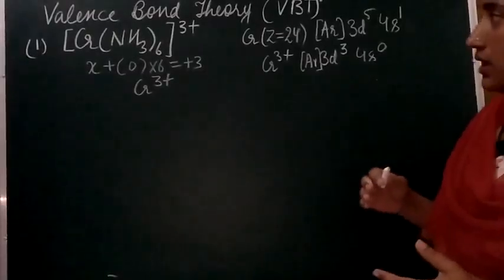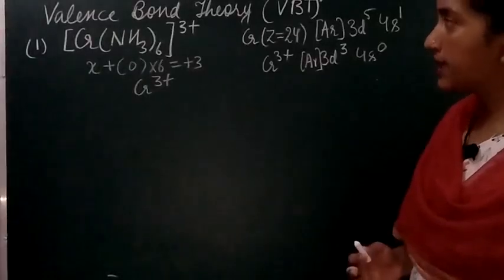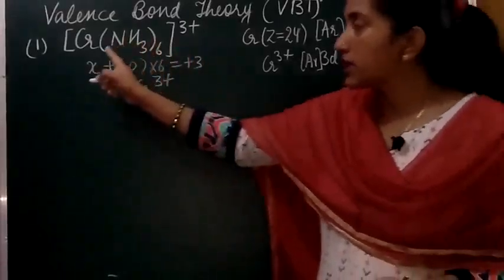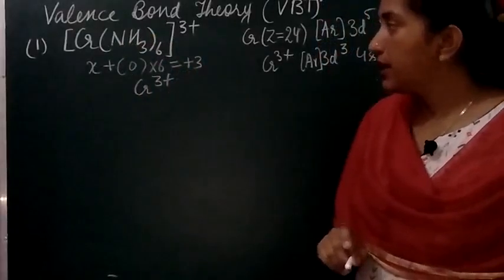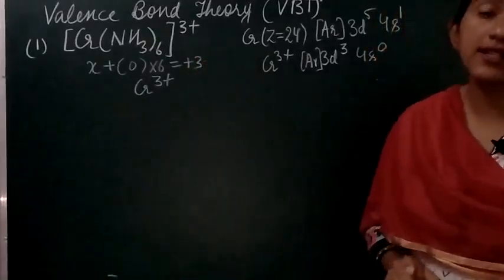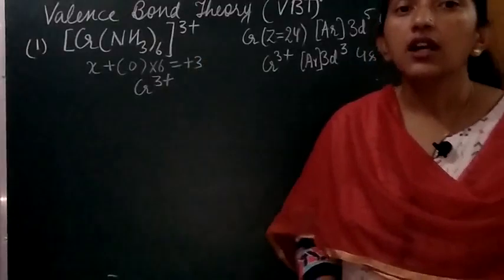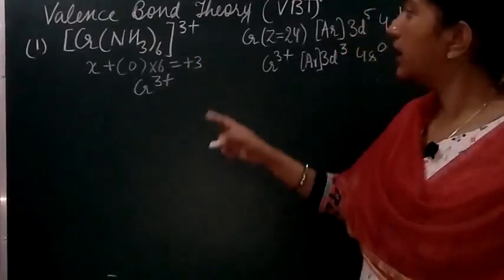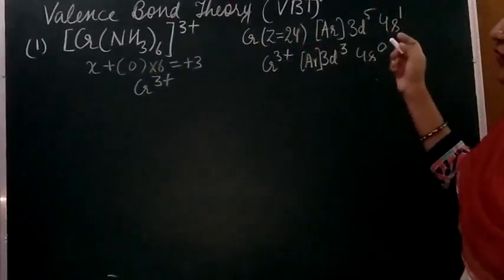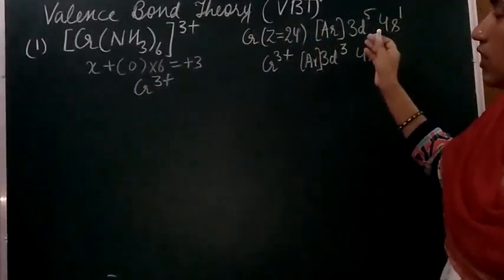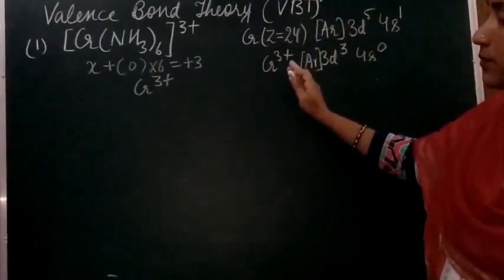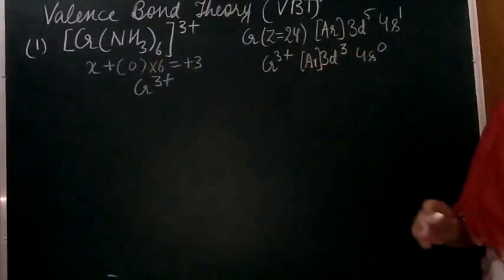Whenever we are trying to explain the complex through VBT, we will first find out the oxidation state of the central metal atom or ion, right? After finding that, we have calculated it to be plus 3. Now keep all this in mind. Since it is a metal, it will always get the oxidation state in positive, right? So here it is plus 3. The second step will be to write down the valence shell electronic configuration of the central metal ion in its ground state and in its excited state. That means when it is getting the charge on it, 3 positive.